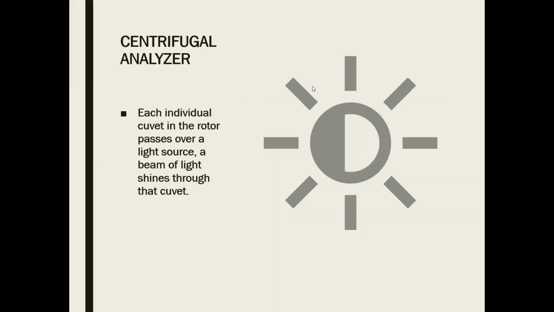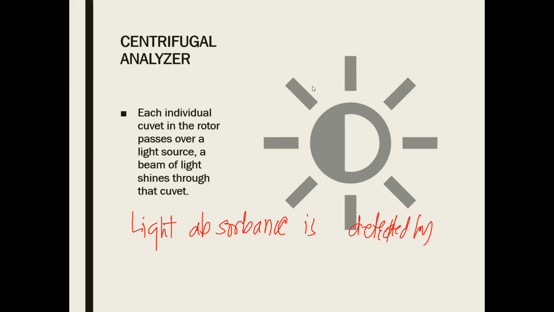Another thing is that each individual cuvette in a rotor passes over a light source. The purpose of that is the absorbance of light. A beam of light shines through the cuvette, and since there is a beam of light, there will be light absorbance. Take note that light absorbance is detected by a phototube, our photomultiplier,